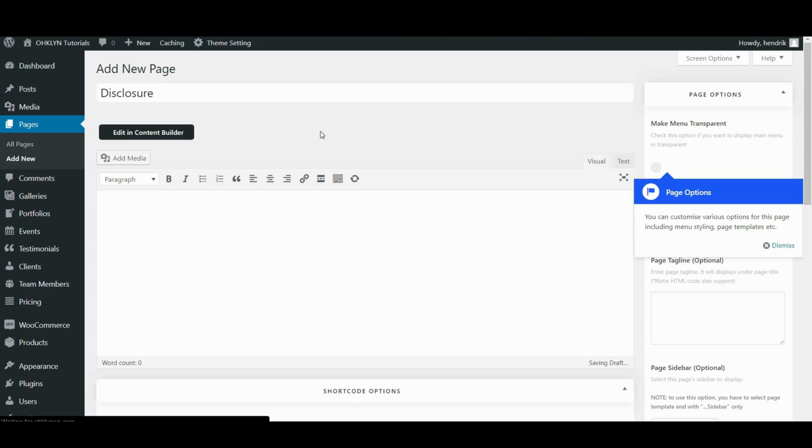When you click out of the title field, you'll notice that the permalink is automatically created for you. If you selected Post Name as your permalink structure earlier, then the page title will be used to create a URL for this page. If you want to edit the permalink, click on Edit and update the permalink for your